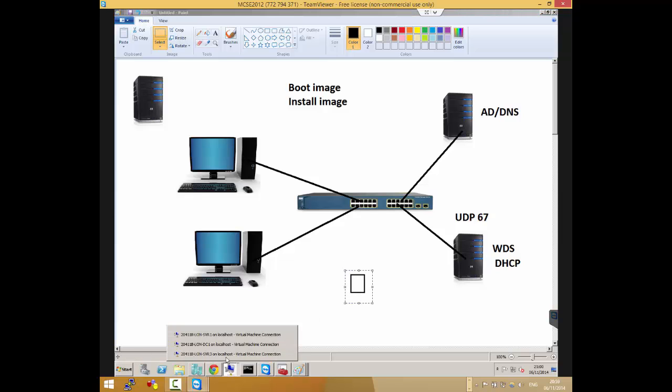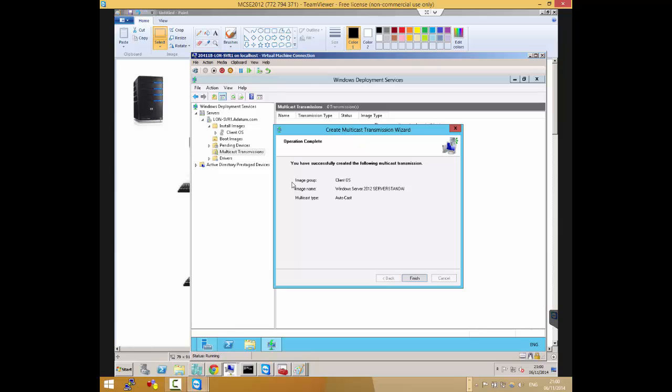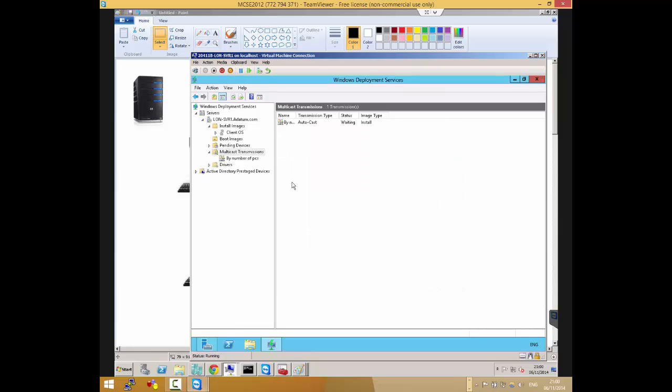If you select scheduled cast and you don't select any one of these, you have to manually start it before it will start. So let's select autocast for now so that it will start transmitting immediately. And then finish.